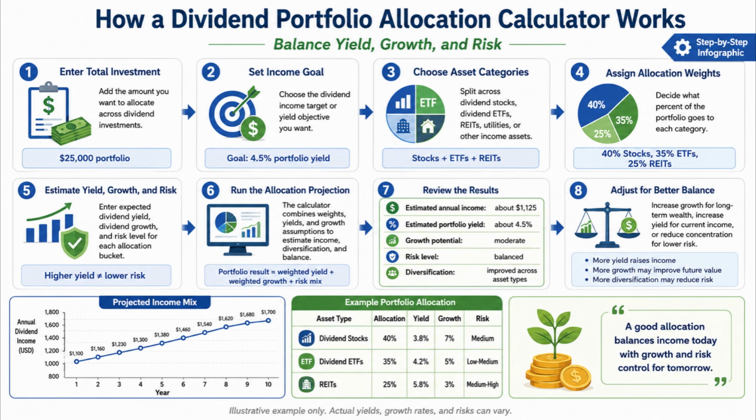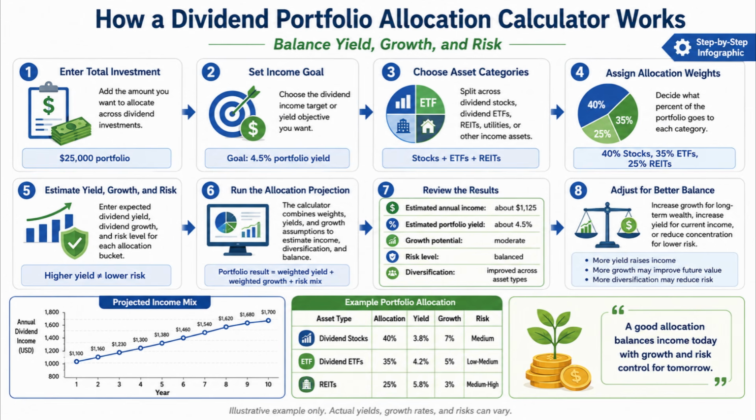plan. Next, you set an income goal, because the calculator needs to know what kind of dividend result you want. For instance, you may target a 4.5% portfolio yield, which gives the calculator a clear income objective to work toward. After that, you choose asset categories, because dividend portfolios can be built from different types of income-producing assets. For example, you may split the portfolio across dividend stocks, dividend ETFs, and REITs, so the calculator can model a